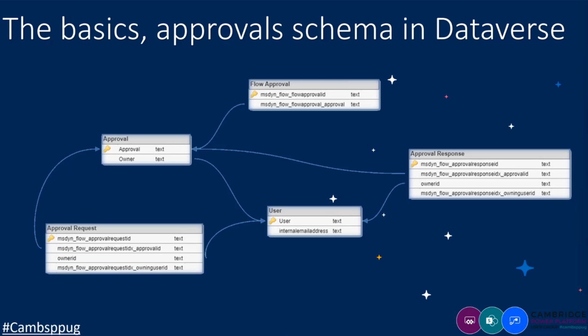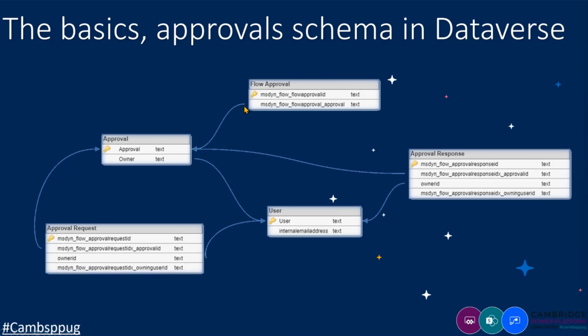I know that you all know that, but I just wanted to point it out. However, if you do have a premium license, so if you can access Dataverse and query tables, then you can access a new level of working with tasks. So let's go through those tables which store and work with tasks.